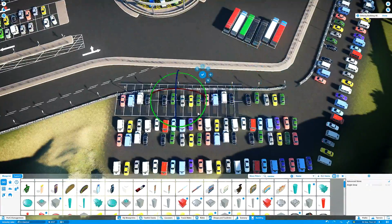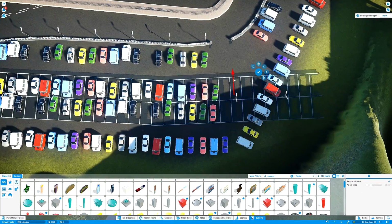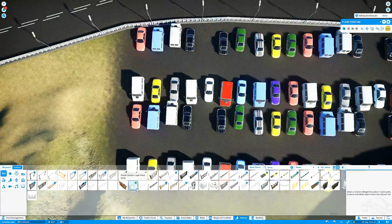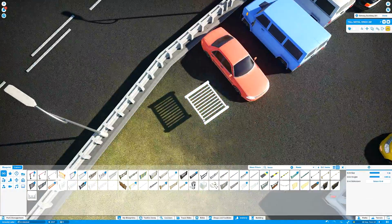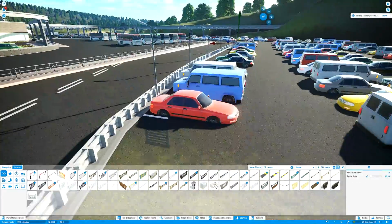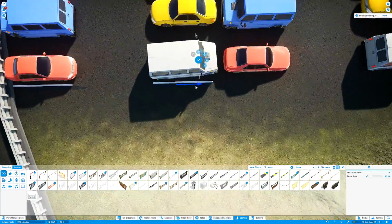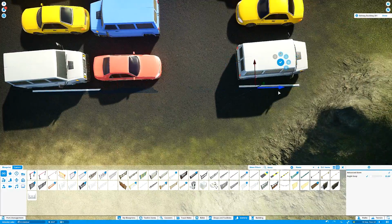It's only accessible to staff via the staff road that forks off the road that goes into the entrance of the main car park that we built not too long ago. It's nothing really that special. It's just a big tarmac area, which I guess does describe car parks now I say it out loud. No real theming going into it. Like the staff area is not...